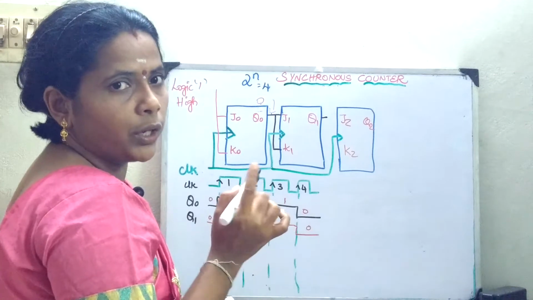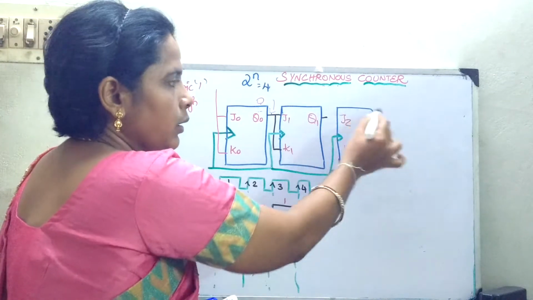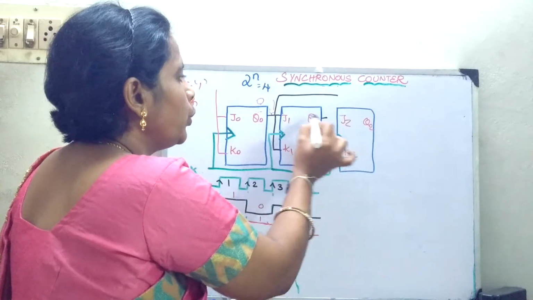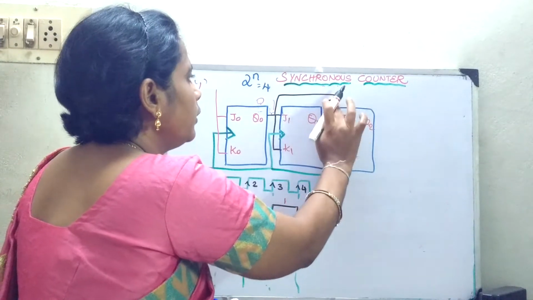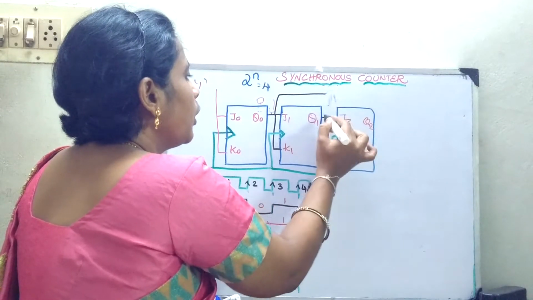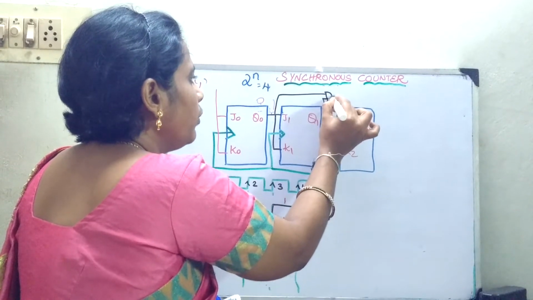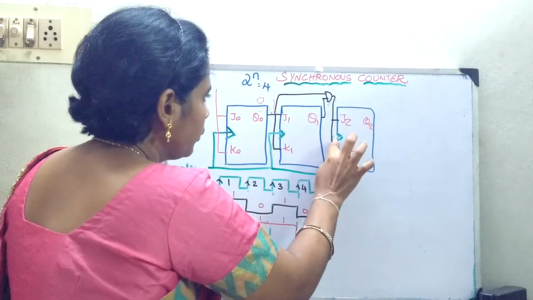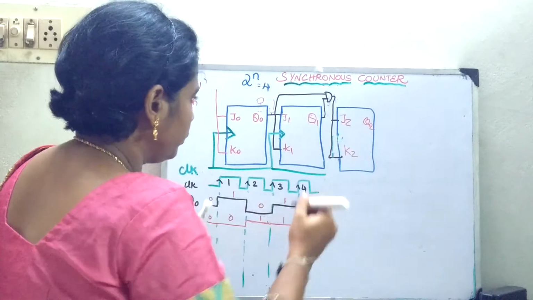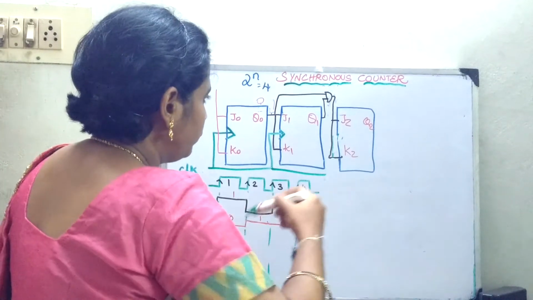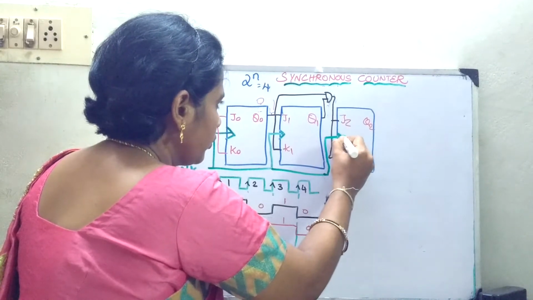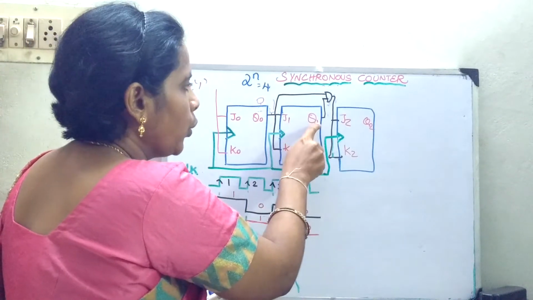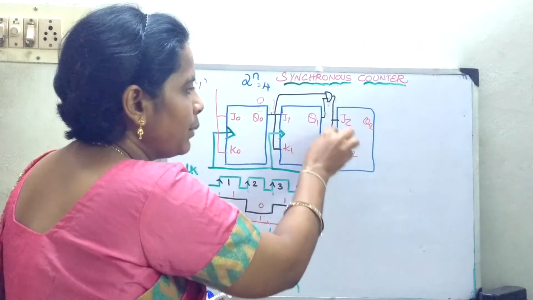But here, whenever you go in for a synchronous 3-bit counter, what am I going to do? I am going to take the output of Q0 and Q1, give them to an AND gate, and then give that to the circuit. Okay, what is the modification I have done? This Q0 into Q1 I am giving through the AND gate, then giving as an input to the gate.